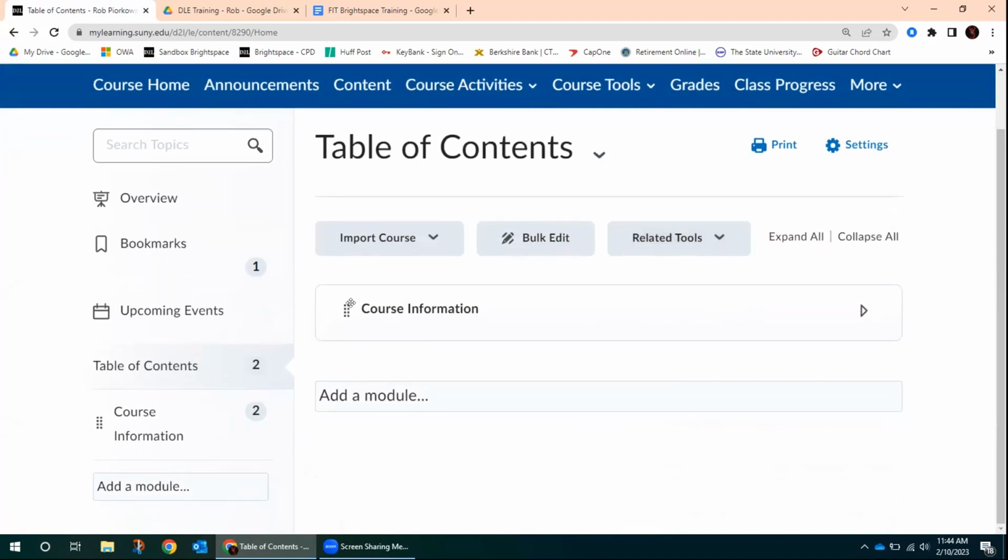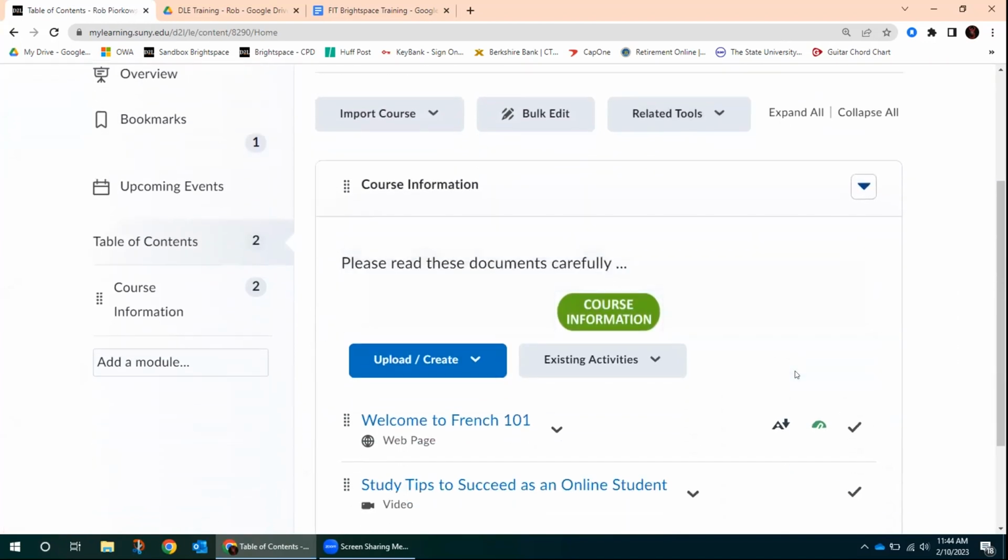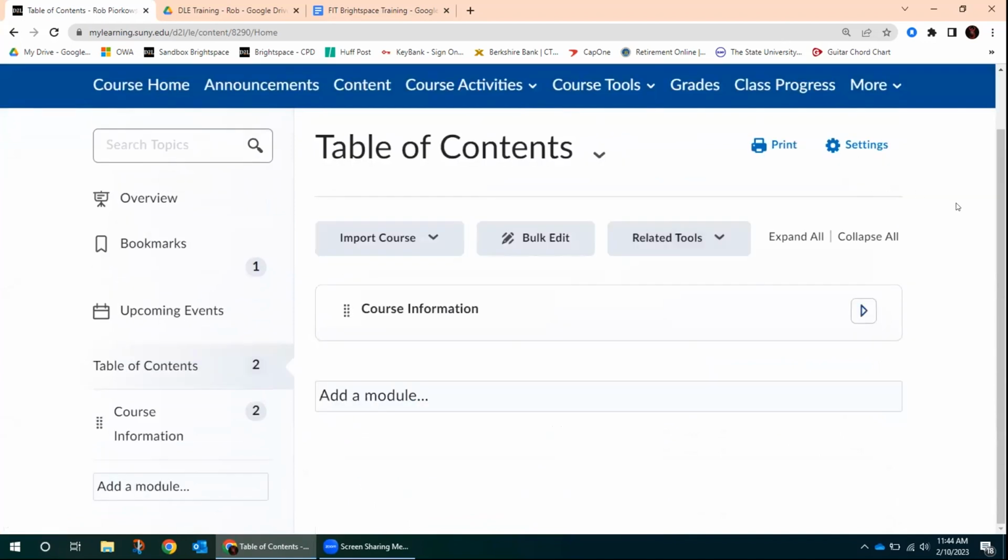It is represented by this bar across, and if I unfold it and scroll down just a little bit, I have 2 items in here already. So again, folders in Brightspace are called modules, and we're going to add some modules in a little bit,